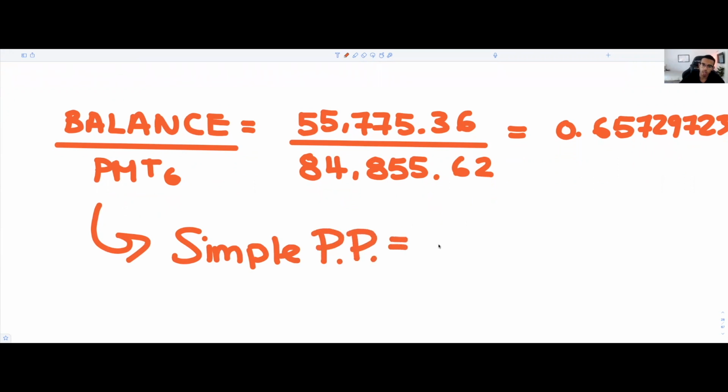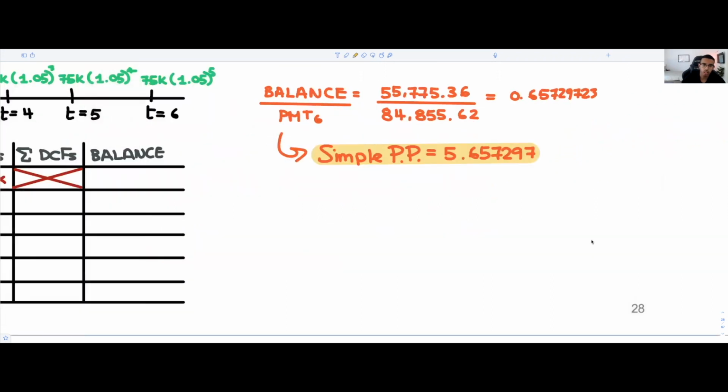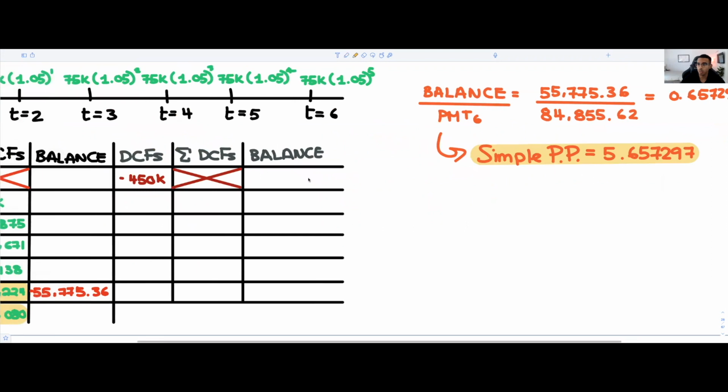We're going to have that equaling 5.65729. Really, as easy as that. Okay. If we want to take a step back, we want to go on our timeline to kind of visualize what's going on. Well, it's telling us that we needed a little bit more than the half of year 5